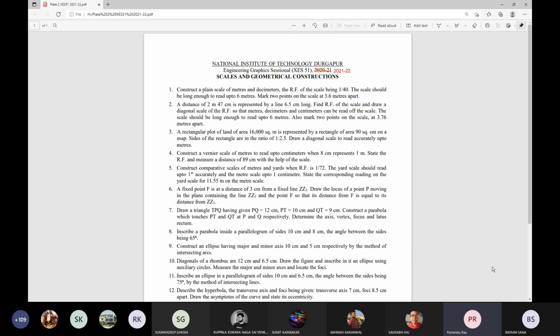That length is not mentioned here, which length is to be there. It is simply mentioned that you need to show up to meter, diagonal scale. Now, if meter is the lowest unit, then 10 meter, or decameter, will be the next higher unit, and 10 decameter will be the next higher unit. So such kind of thing.